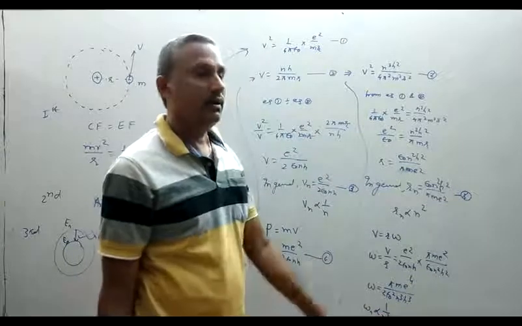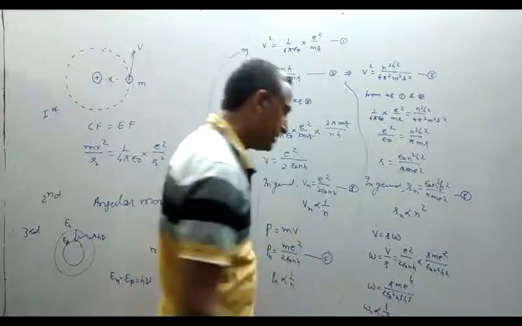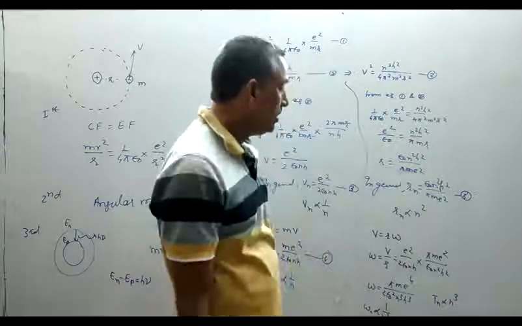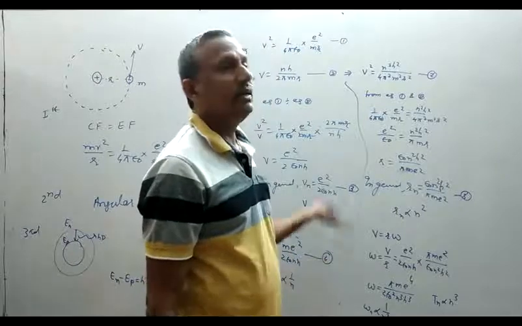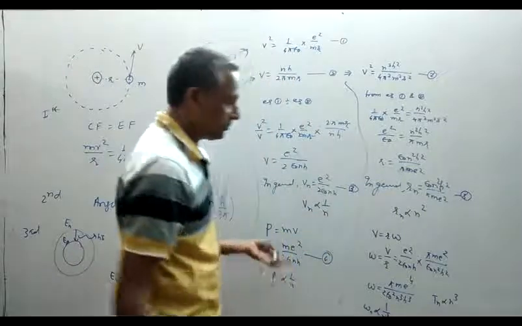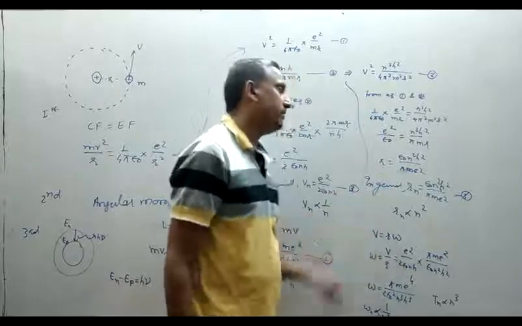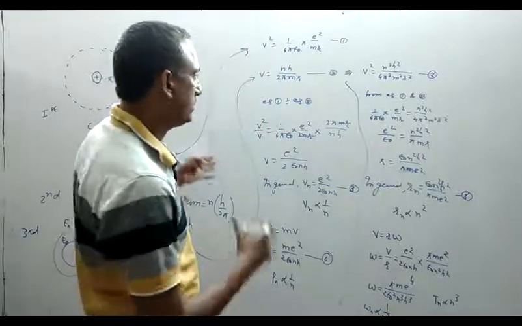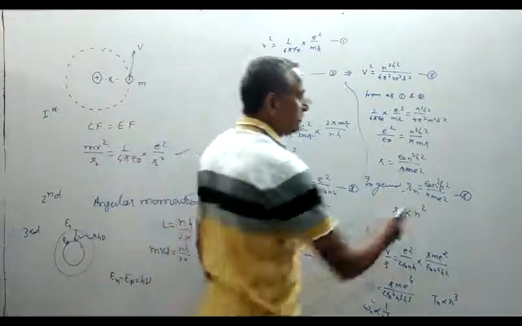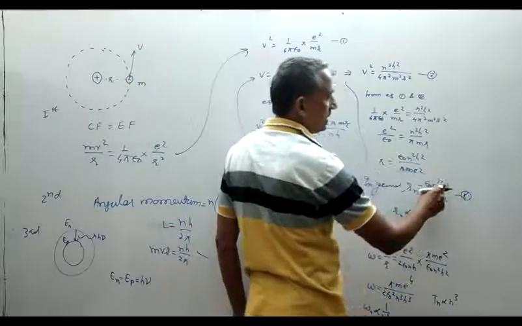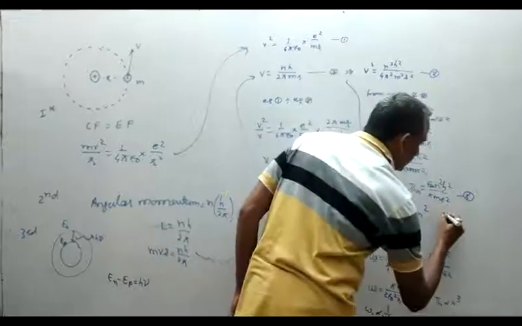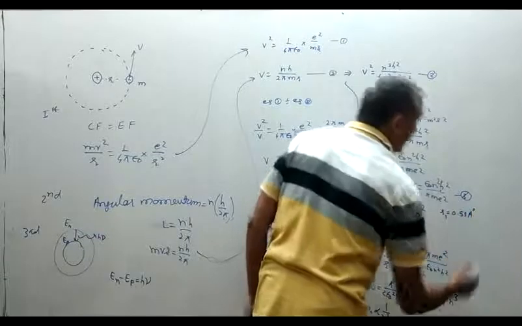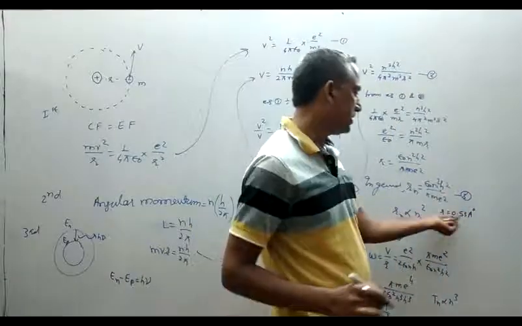Now we know the relation for angular velocity and time period. Then we can say that the time period Tn is directly proportional to n cube. In this way, we can determine the force, acceleration, and frequency of an electron revolving in an orbit. So these are the different types of formula. Now when we substitute the values in epsilon 0 n square h square upon pi m e square, the radius of electron in first Bohr's orbit is 0.53 angstrom. So it is the standard value.